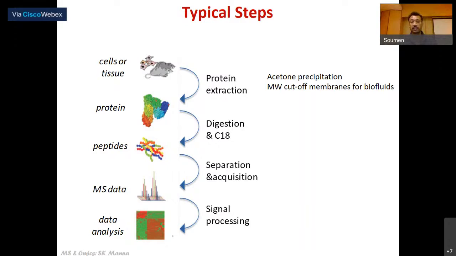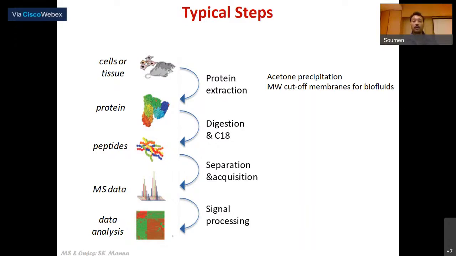and then if you have biological fluids, however, you may simply use molecular weight cutoff membranes for biofluids. Now we know, for example, if you look at something like serum or plasma, there are a lot of very abundant proteins, including albumins, globulins, etc. So if you are trying to apply some sort of analytical technique, some of which we'll discuss,